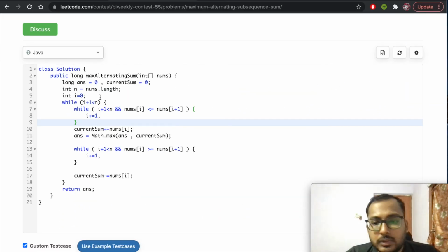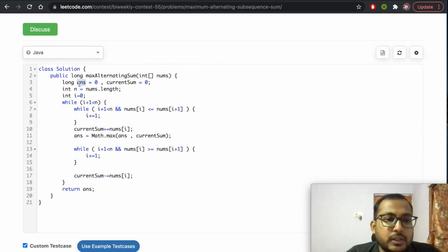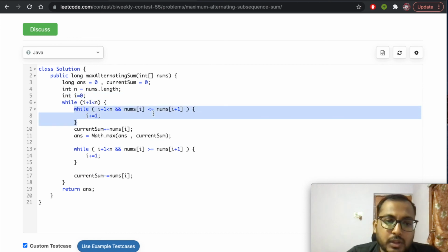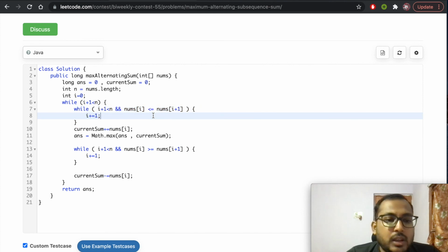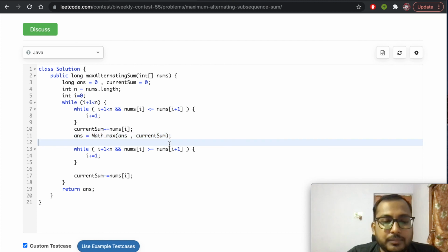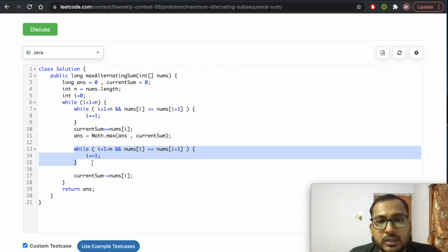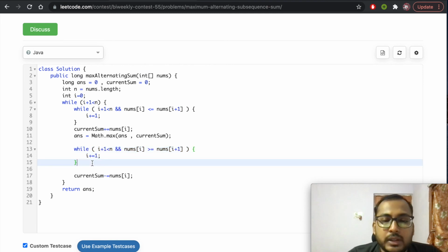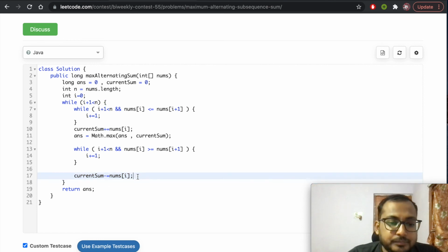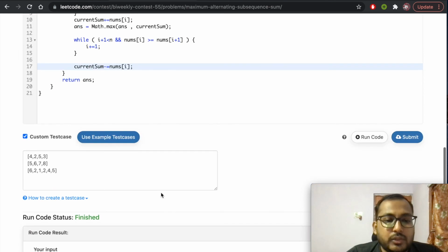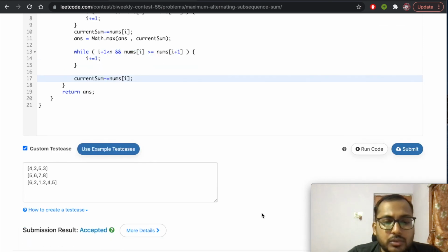So this was the solution I submitted during the contest. So here I have answer initialized to 0 and my current sum is 0, and start with the index 0 as well. So I keep moving ahead until I find the local maximum. So when I find the local maximum and I see a decreasing sequence being started, I break out of this loop. I add the current element to my current sum because that is the local maximum, and I save what is the maximum answer that is possible here. Next I keep on going ahead till I find a decreasing sequence and until I hit the local minimum. Once I hit the local minimum, I break out of it and I simply decrease my current sum because I'm choosing that element as well, and finally I return the answer. So that was the greedy approach. If you just submit it quickly, I can show you that should be accepted.